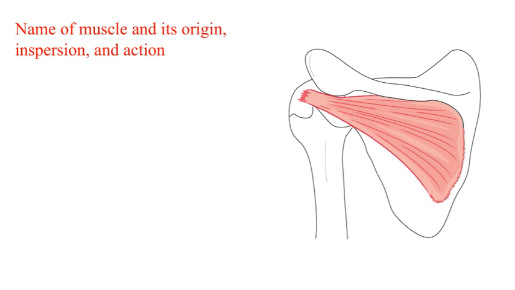Let's take a closer look at this slide, which focuses on the name of a muscle along with its origin, insertion, and action. Understanding these three aspects is key to mastering muscle anatomy. The origin is where the muscle begins, typically on a fixed bone or structure, providing the stable point of attachment. The insertion, on the other hand, is where the muscle attaches to the movable bone, allowing movement when the muscle contracts. Finally, the action describes what the muscle does when it contracts, whether it flexes, extends, abducts, or performs some